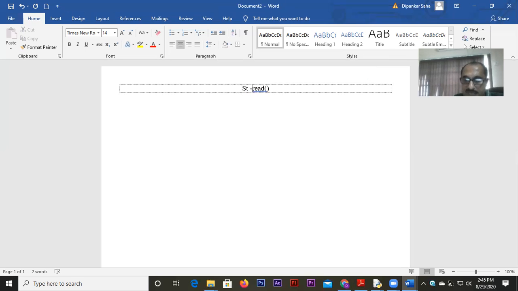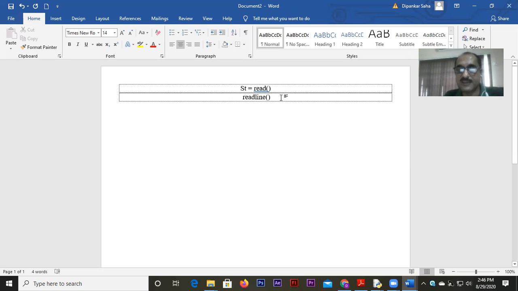And when you do readline, exactly the same thing happens. How do we write the definition? If we are asked to write what is the function of readline, we have to write: readline function will read the next line starting from the position where the file pointer is. Wherever the file pointer is, from there, the next available line it will read. That means only one line it will read, the next available line, from the position of the file pointer.